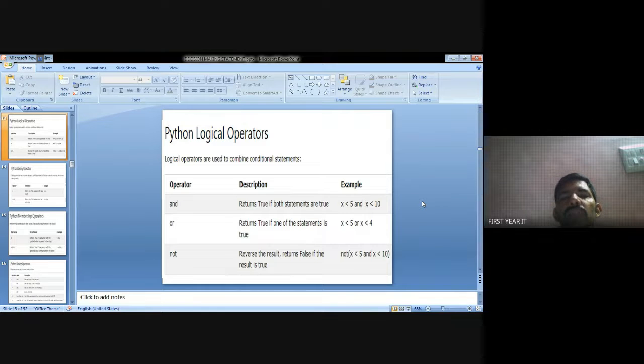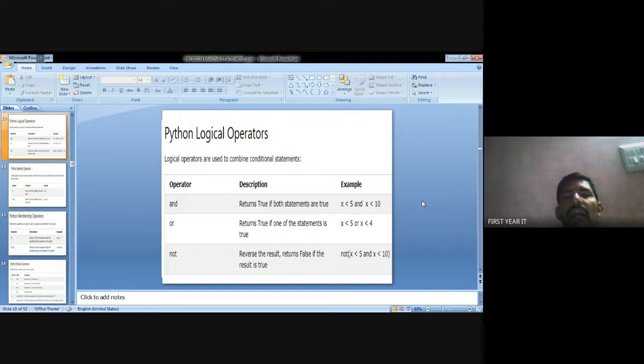Both conditions are true, so the and operation is true. Suppose I put x value as 6. 6 greater than 5, the condition is true, and 6 greater than 10, the condition is false. So any one condition false means the and operation is false.